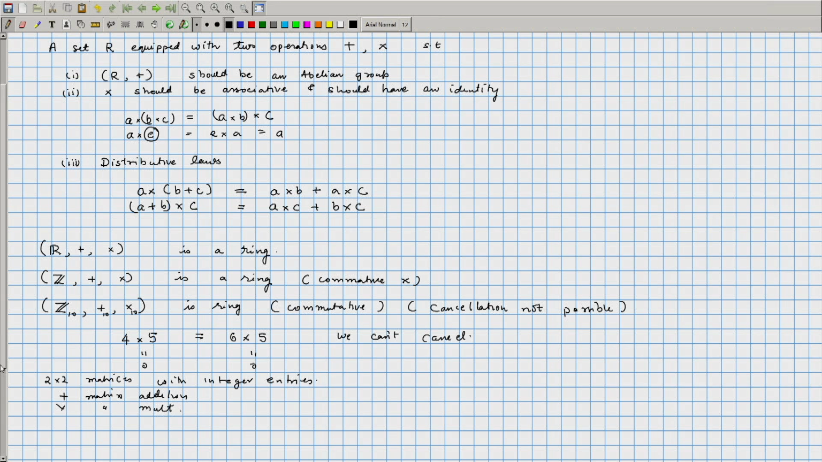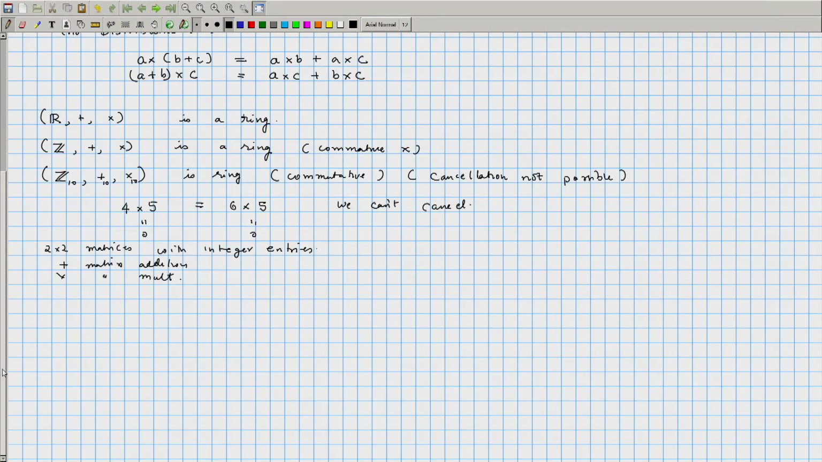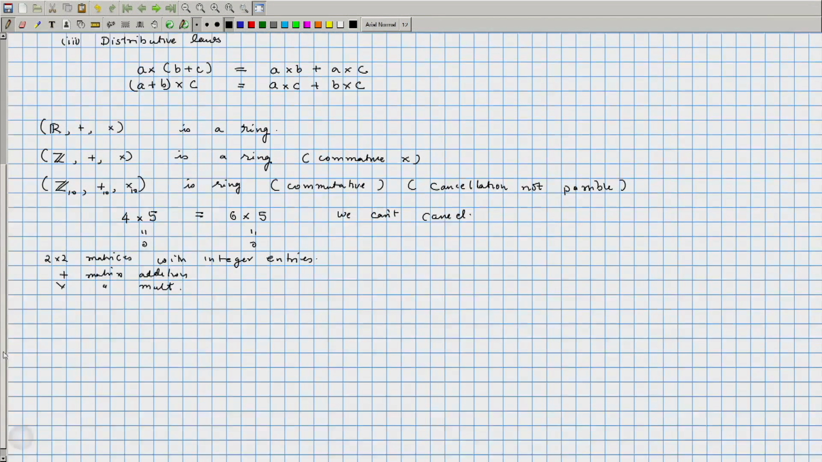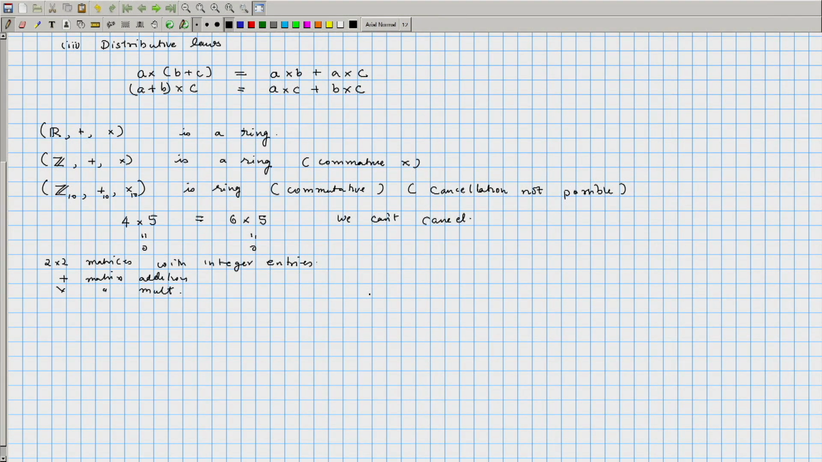Okay. Clearly, this is not a commutative operation. For example, if you take the matrix A equal to [2 1; 0 1] and B equal to [1 0; 2 2]. So, AB, if you compute the (1,1) element